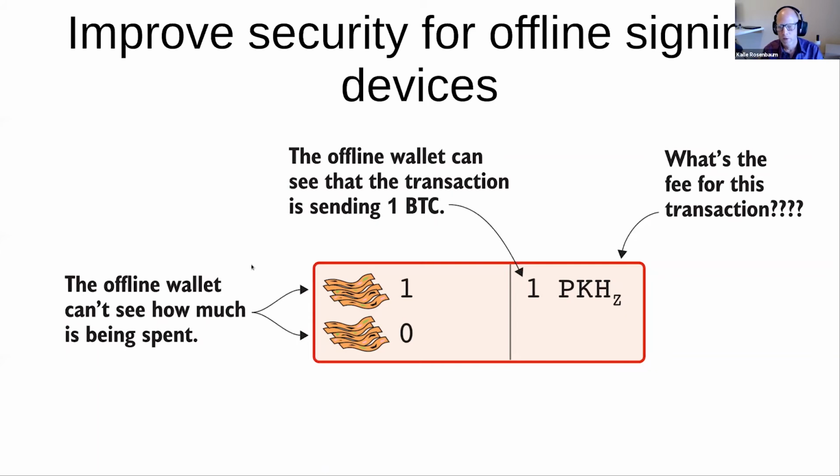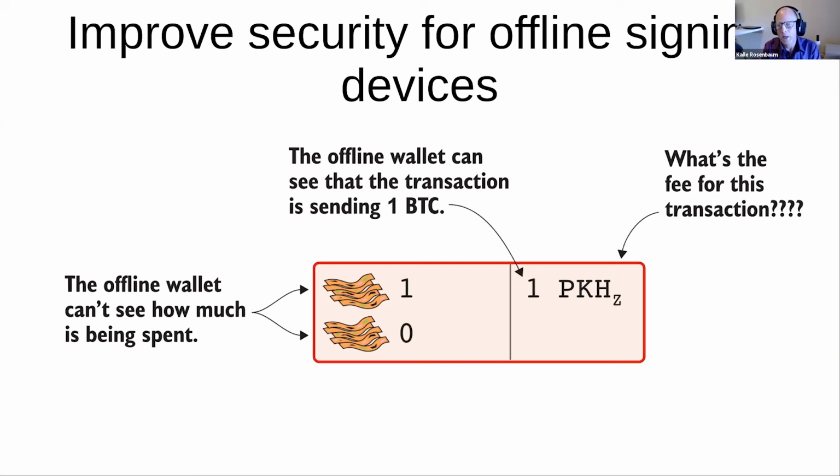So the air-gapped laptop will not have any clue about the transaction fee of this transaction. So if the online device is hacked to lie to the air-gapped laptop about the transaction,